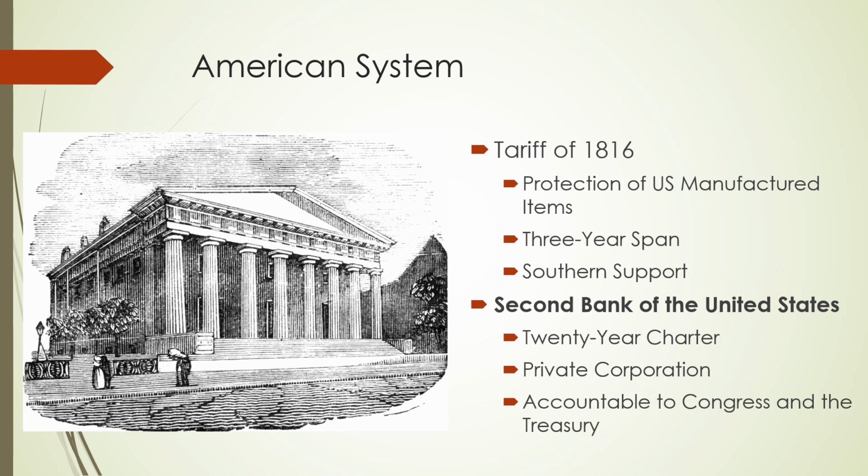Obviously, that benefits the North, but this is interesting because they actually got the South to support it. For one, there's a lot of political unity during this time, and we'll talk more about that in a minute. But also, the North is making stuff out of Southern-grown cotton. So the idea is that this is going to help both regions. And this tariff's only supposed to last 3 years, and so we'll see what happens with that as well.